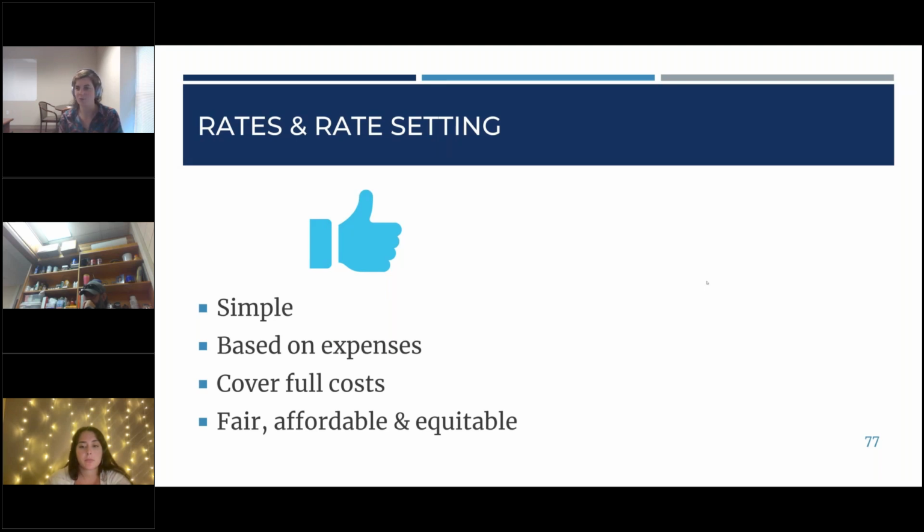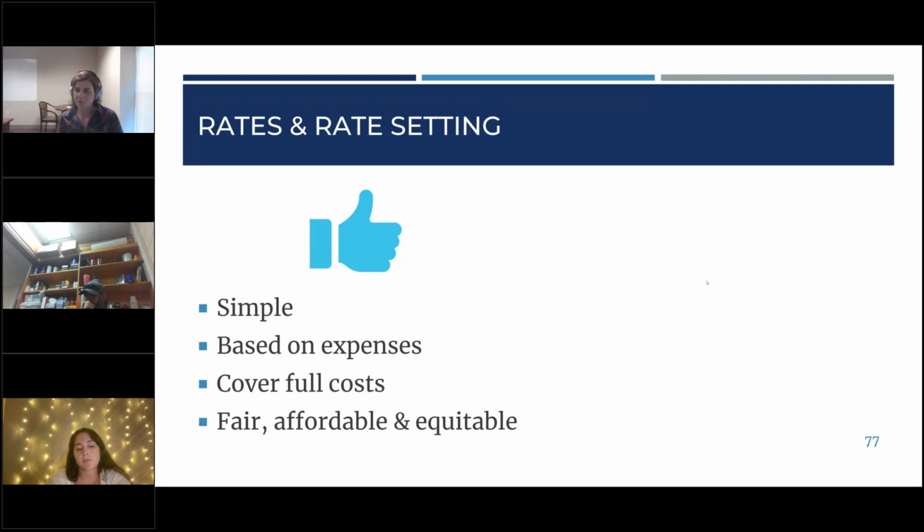This is hugely important. The word itself is simple, and it seems simple in nature. But what we often find whenever we're looking at rates for utilities is that over time they've just gotten really complicated. Maybe there's a bunch of different customer classes, and each of the customer classes are approached differently in terms of how they structure their rates. And so it can be really hard to keep track of how much each person is paying, the rate structures, whether it's appropriate for how much it costs to actually provide them with that service.